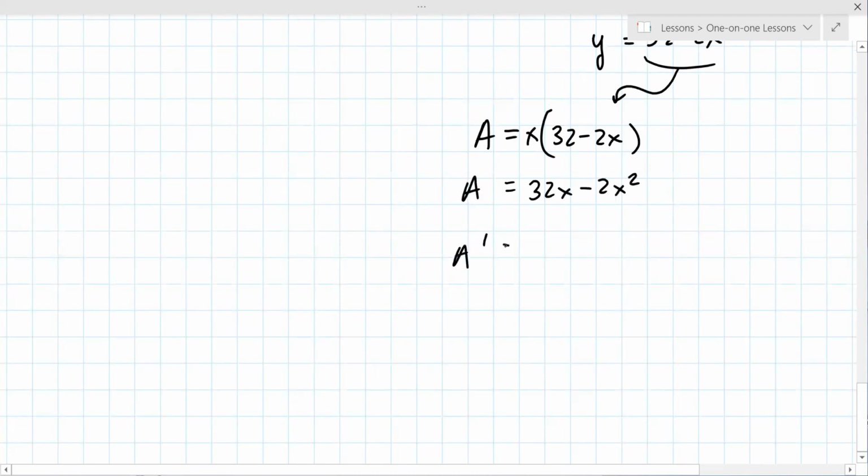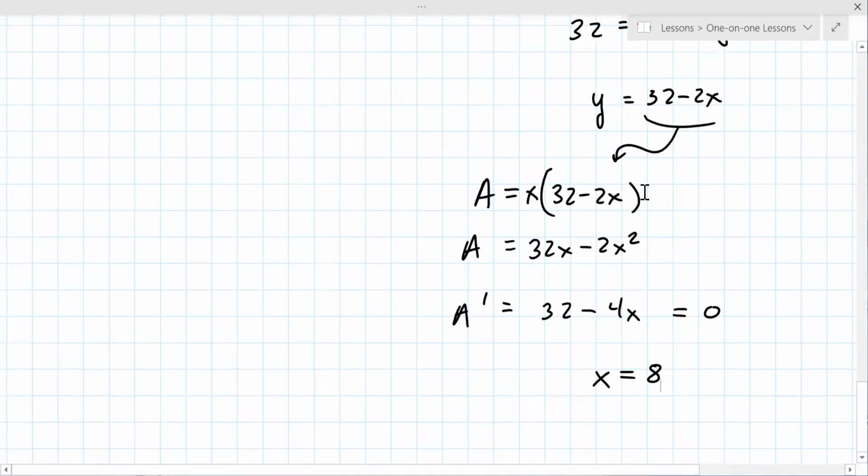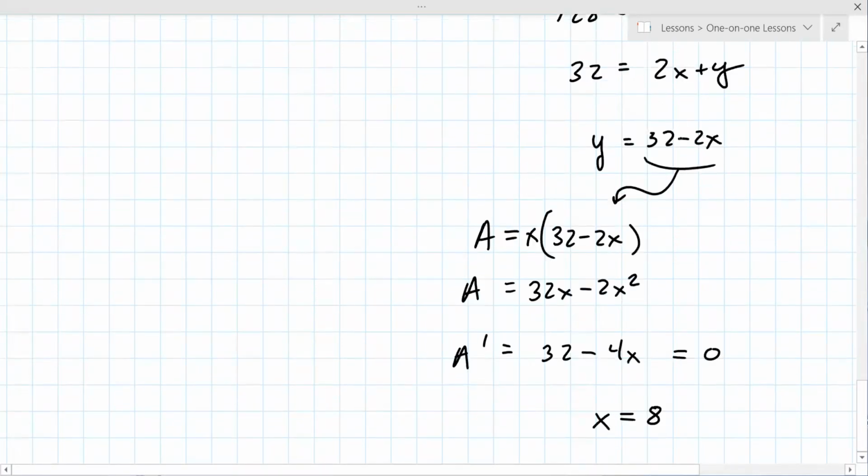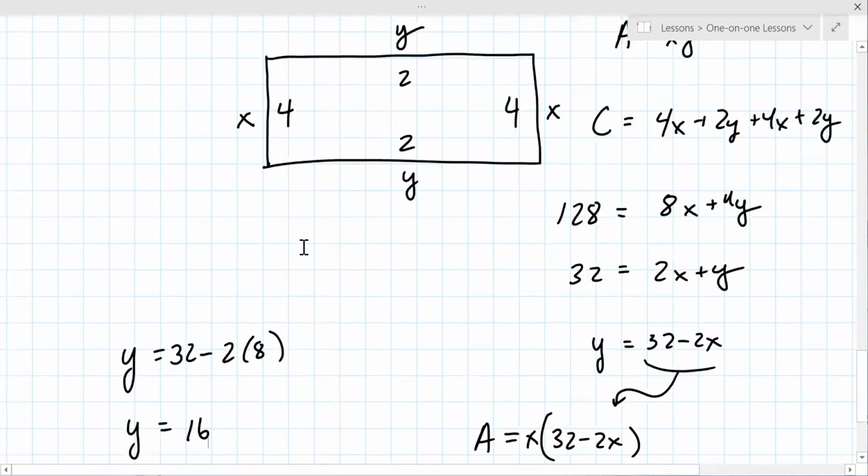The derivative is 32 minus 4x. You set that equal to 0. You always set your derivatives equal to 0 in these optimization problems. X equals 8. Okay, now how do you get y? Well, y we just said is 32 minus 2x. So y is 32 minus 2 times 8. Y is 16. Because we only have one critical point,